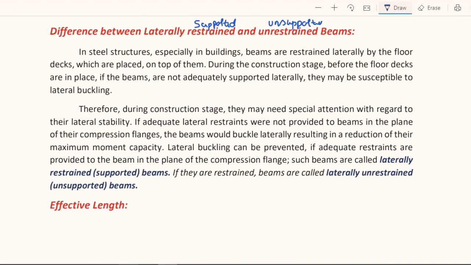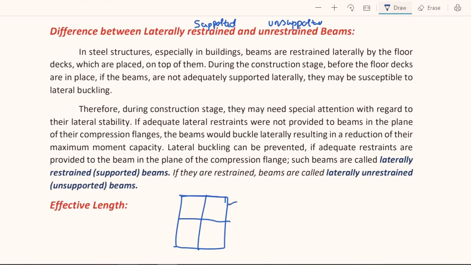So, in steel structures, especially in buildings, beams are restrained laterally by the floor decks which are placed on top of them. Right? See, this is the plan of a building or an industrial building, and these are the beams.